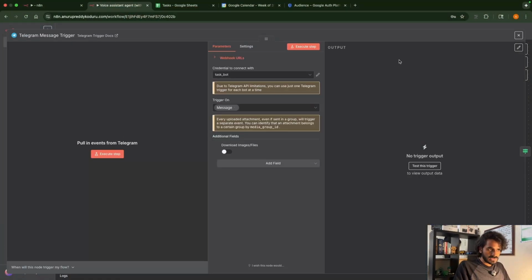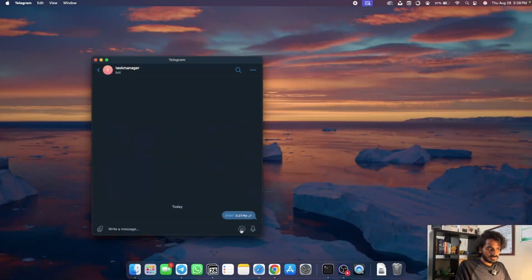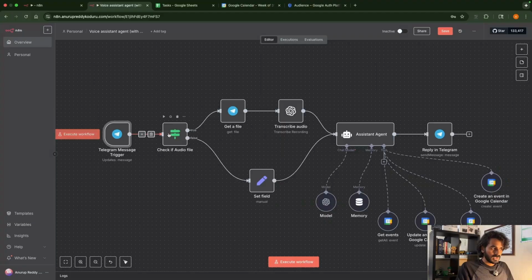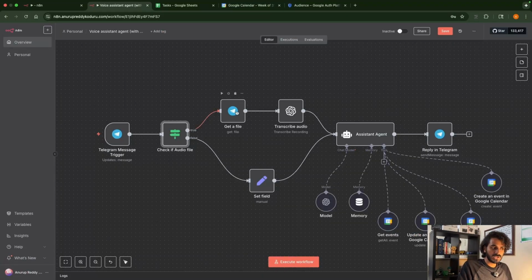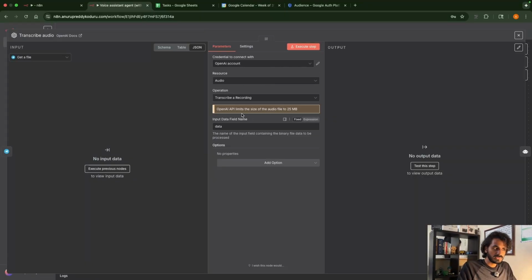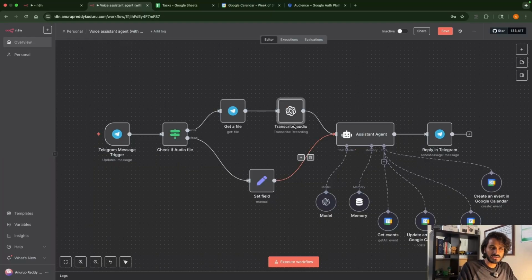So in this, after getting the chat, you have two options: either send a message, or you can also send a voice message. It checks this node if it's a voice message or not. Then it goes to get a file. What this node does is transcribe the recording into a script, into a text file that ChatGPT can easily process. Or else, if we just send a text message like add a task to complete my quiz by 31st of this month,